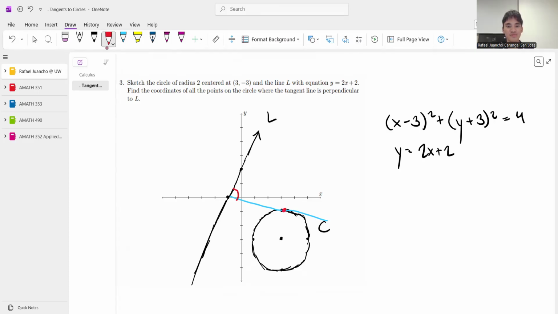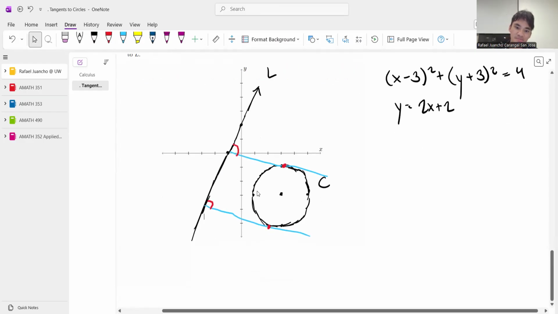This touches one of them, and another one would be maybe something like this. This is touching this, and it's perpendicular. Okay, now once we have that,